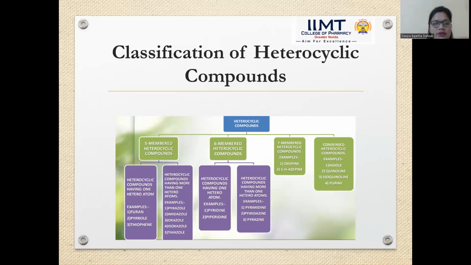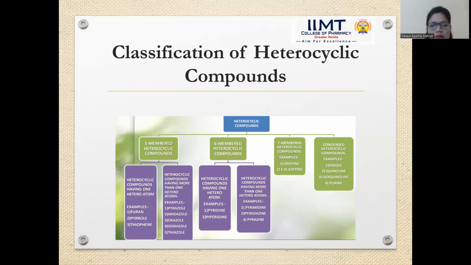Another one is heterocyclic compounds having more than one heteroatom. Examples are pyrazole, imidazole, oxazole, isoxazole, and thiazole. And 6-membered heterocyclic compounds are further divided into two categories, same as 5-membered heterocyclic compounds,